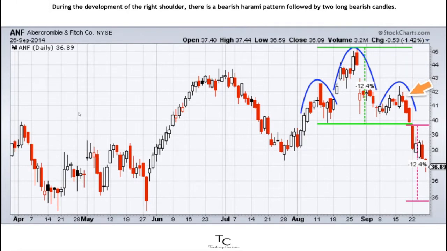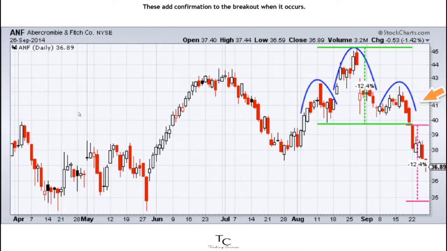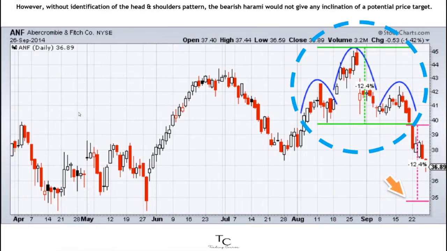During the development of the right shoulder, there is a bearish harami pattern followed by two long bearish candles. These add confirmation to the breakout when it occurs. However, without identification of the head and shoulders pattern, the bearish harami would not give any inclination of a potential